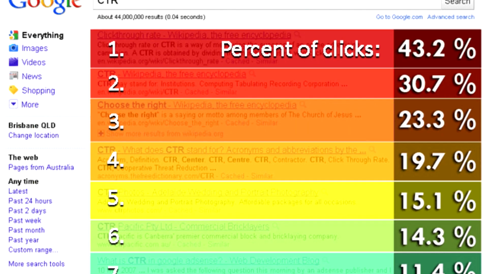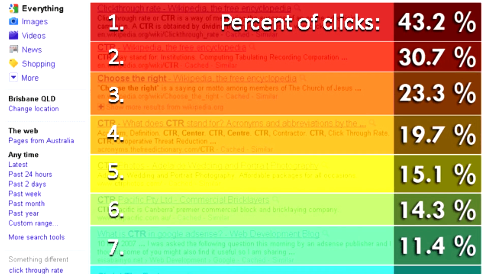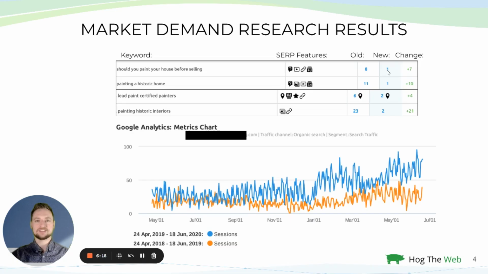Because as you probably know, most of the users won't scroll very far down the results page. Almost all users will tend to click on one of those top few results. You can also see their overall website traffic from search engines, organic search traffic from search engines. Over the course of the year, we were able to almost double it. So here's an example of what you can do when you put all this together. You can use this really granular understanding of the demand in your market within a certain region and target that demand and even specific search terms or keywords.